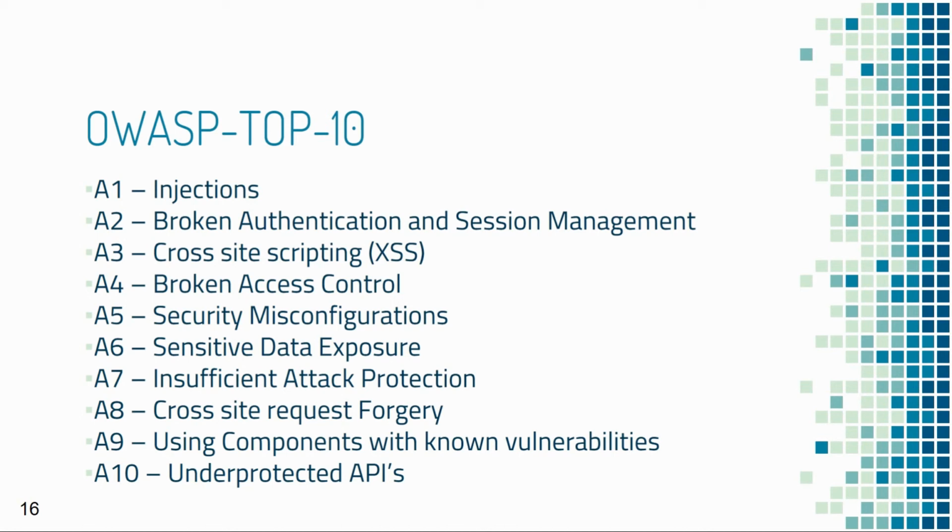Then we have A9, attacks using components with known vulnerabilities. Components such as libraries, frameworks, and other software modules run with the same privileges as the application. If a vulnerable component is exploited, such an attack can facilitate serious data loss or server takedown. Applications and APIs using components with known vulnerabilities may undermine application defenses and enable various attacks and impacts. Then we have A10 or under